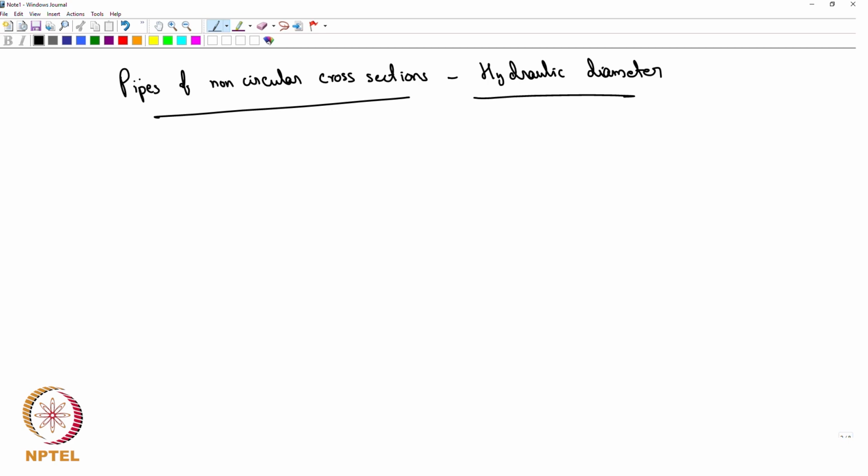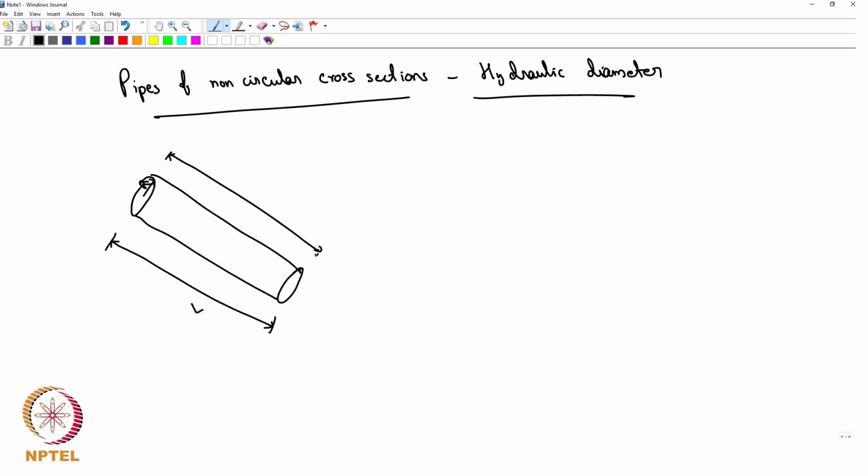To define it, we need to go back and look at how we originally defined our friction factor. We analyzed laminar flow in a pipe. We had some pipe, which we would probably have drawn something like that, a circular pipe of radius r and some length L with a pressure drop, let's say delta P,